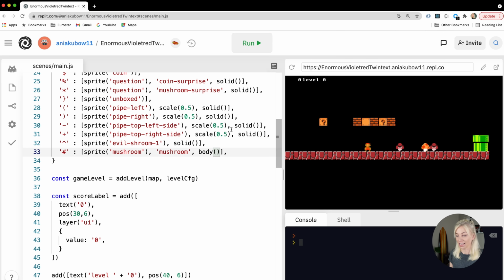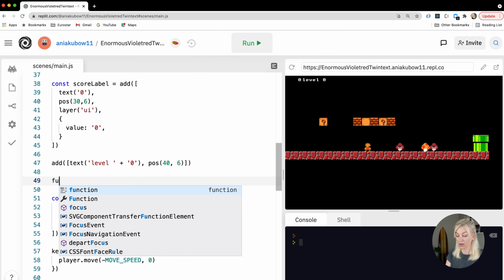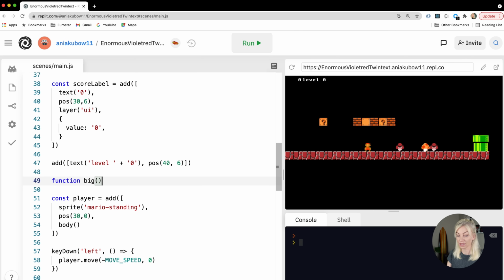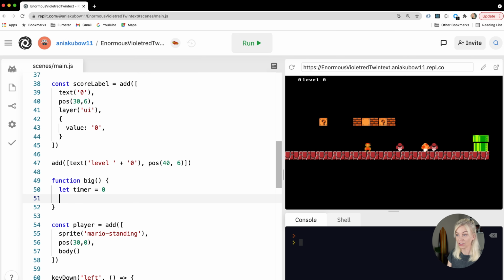Okay, so now it's time to make Mario big if it eats a mushroom. So let's do it now. I'm going to do so right here. So I'm going to write my own function. I'm going to call it function big. And in it, I'm going to start a timer. Let timer start off with 0. And then I'm going to return